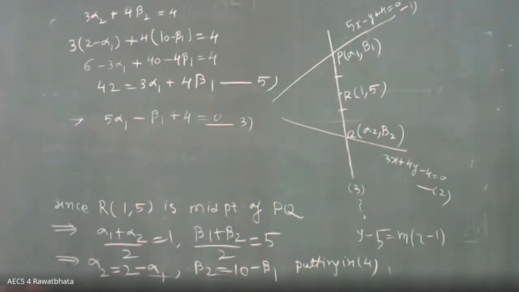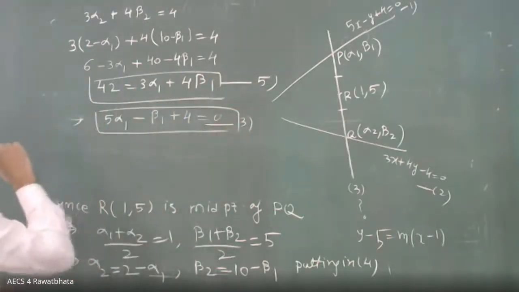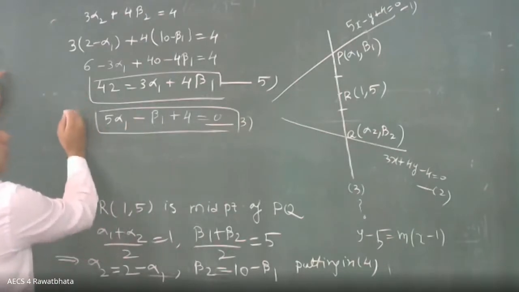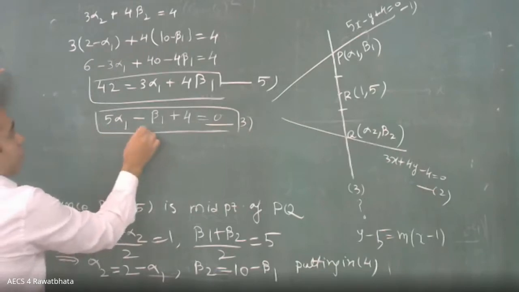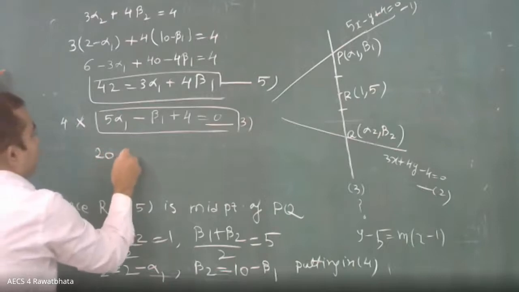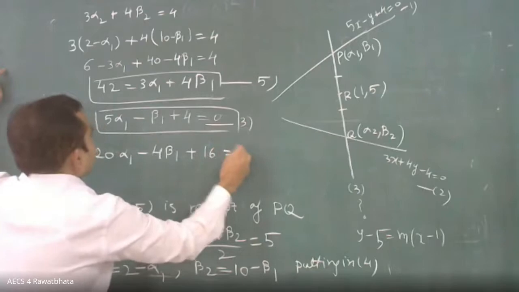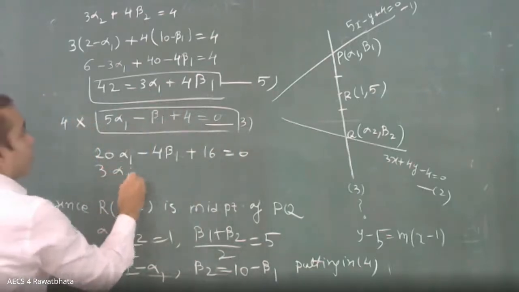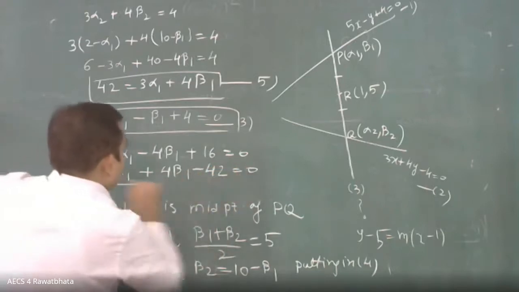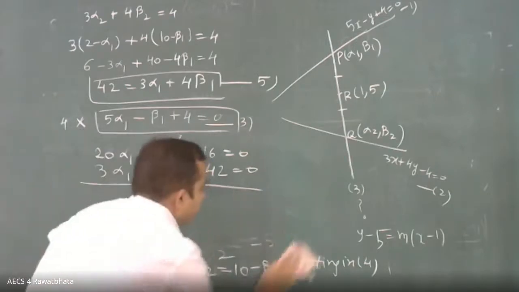So this is 3, this is 5, this is 3. So this, multiply with the 4. 4 से multiply करा दीजिए. तो 20 alpha 1 minus 4 beta 1 plus 16 equal to 0. This as it is, 3 alpha 1 plus 4 beta 1 minus 42 equal to 0. Now add,